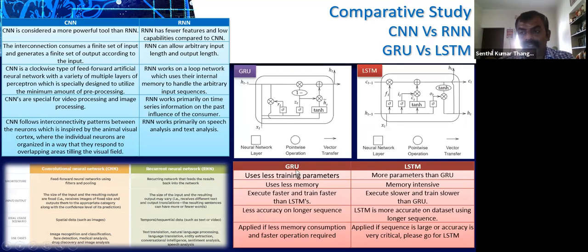You have seen the keyword of GRU when I showed you the code for the fault recognition. As far as GRU is concerned, it takes fewer parameters, but LSTM will take more parameters. So memory is less for GRU, memory is more for LSTM. Execution time is faster because training parameters are fewer and memory consumption is less. But the other thing that you have to accept is the accuracy part. Accuracy will be low compared to LSTM.